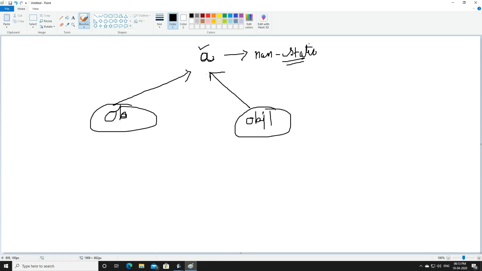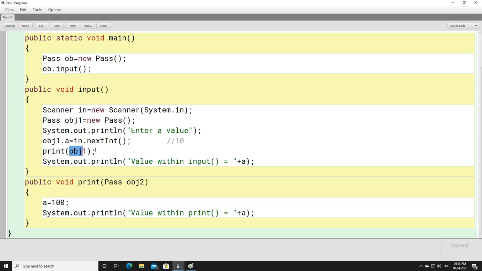Let's look at this. So a will store 10, but with the help of obj1 object. Now a has not stored anything with the help of ob object. Remember, a has not stored anything with the help of ob object. It has stored 10 with the help of obj1 object. Here you can see that this is called the actual argument, and this is called the formal parameter.